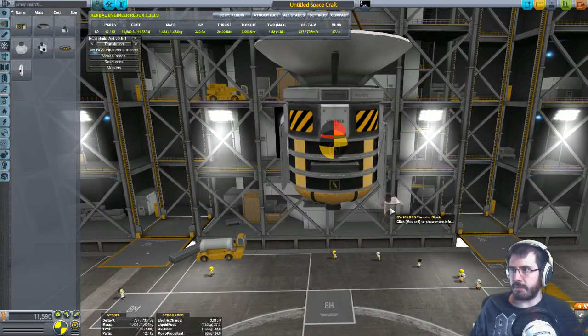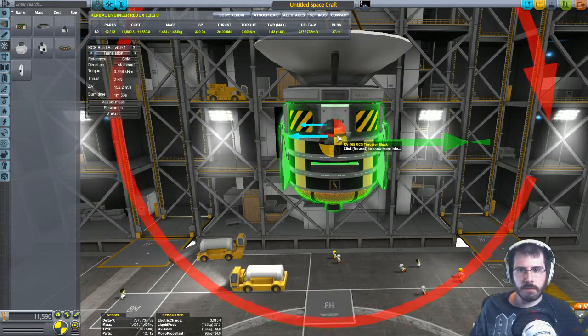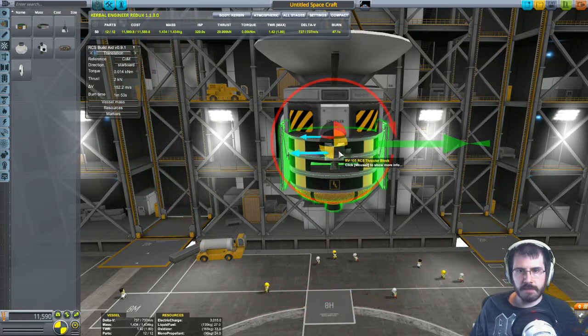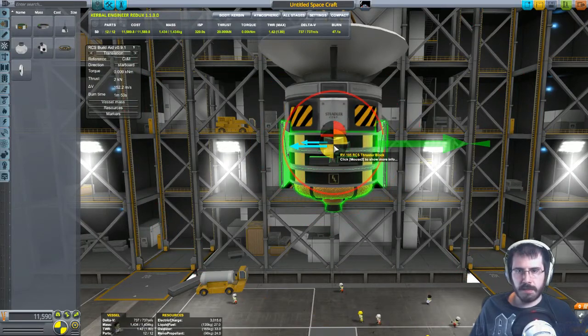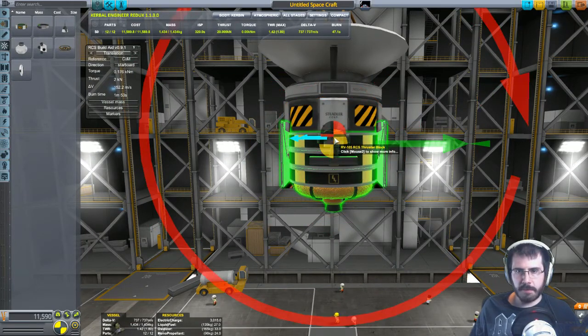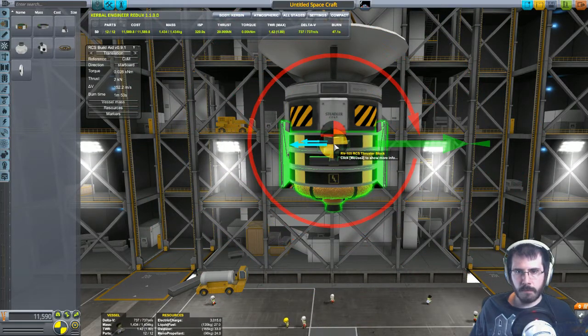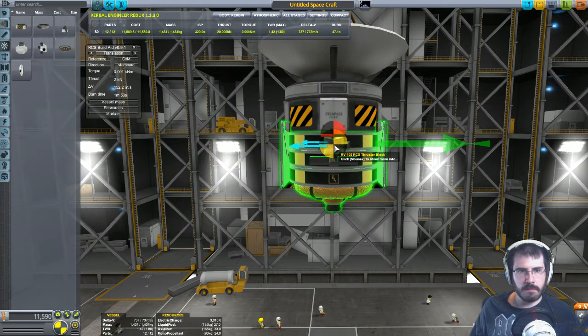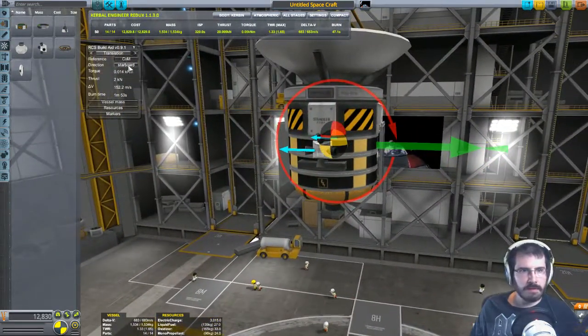So I have a handy dandy tool for this as well. It's the RCS build aid. Now I really only want these for translation in one vector. This mod is really cool. It gives you your center of mass, but it also gives you your dry center of mass, and it shows you how much of a torquing force these RCS engines firing in any given mode are going to generate. So let's see,